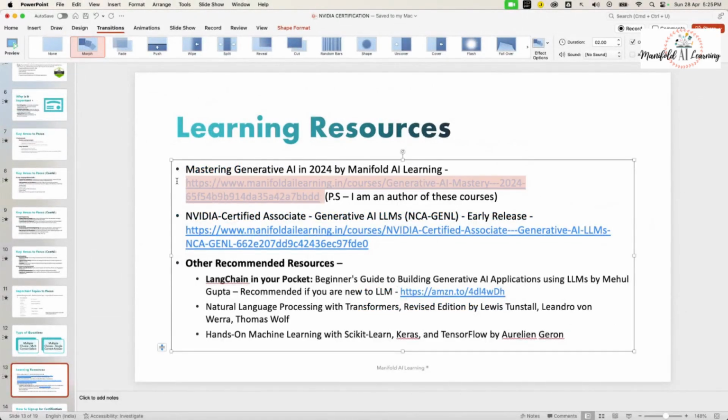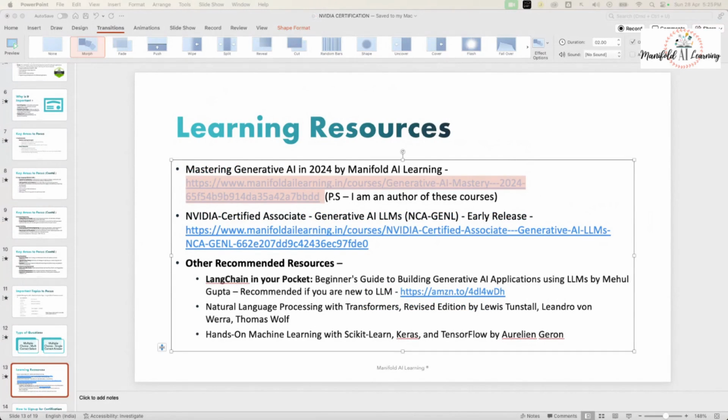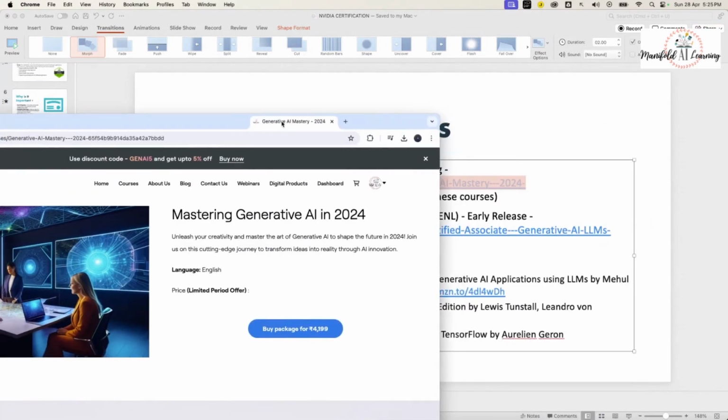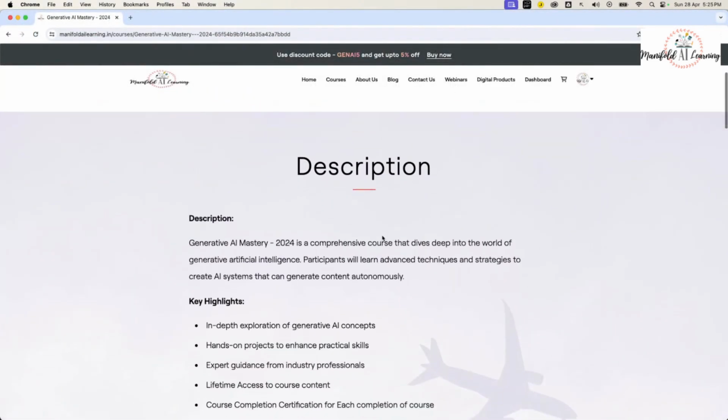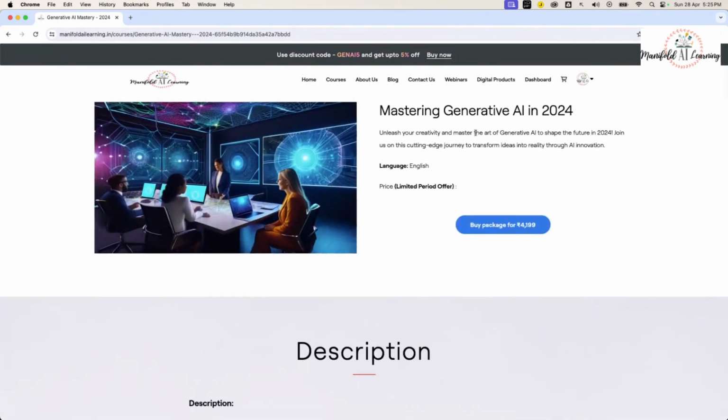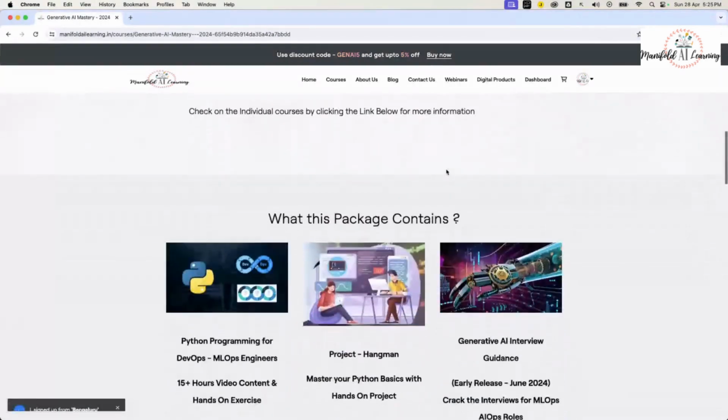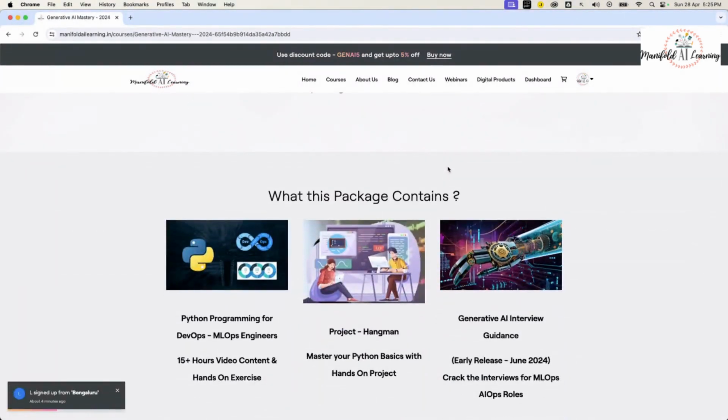2024. This is basically a package. This package has more than 13 courses, and it will also include the certification-specific preparation. The course page is being updated in the backend, but yes, this package will consist of anything and everything for the learner to get started with their NVIDIA certification preparation.